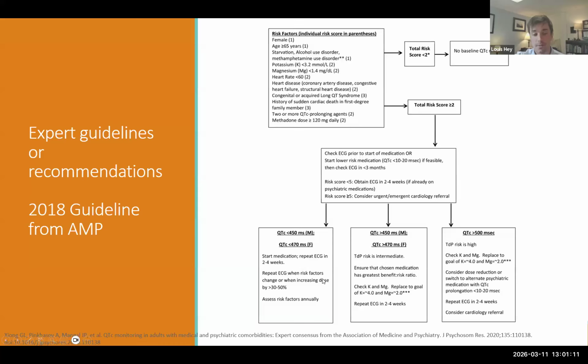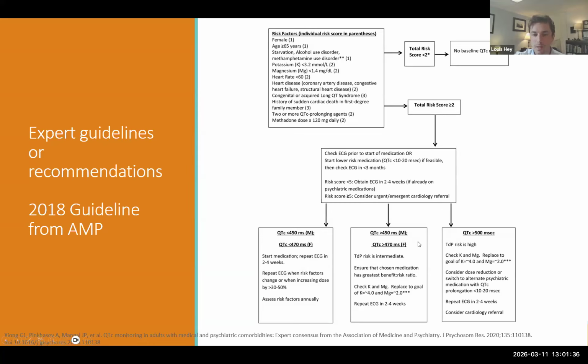after they've started that medication, and then anytime you're increasing the dose or anything, and thereafter they recommend annually. Some papers recommend 6 months to 12 months, but somewhere around 6 to 12 months, monitoring patients that are chronically on those medications. Obviously, if it's just a short course of an antibiotic, then there's no need to continually monitor them.